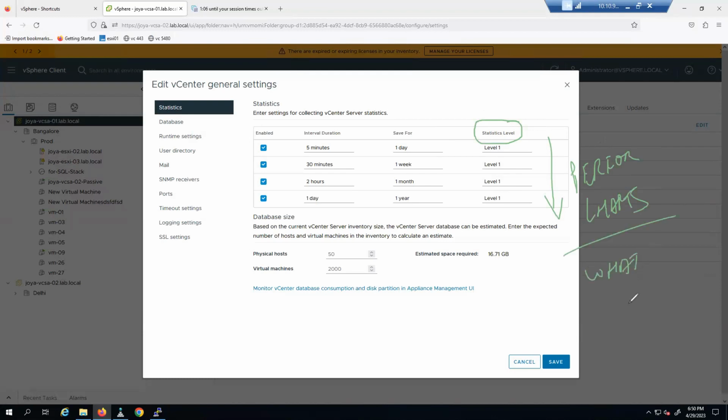They basically defined what has to be captured. This is depending on these numbers. So if you change the number from level 4, look at this estimate size. When you have it on 1, you are basically saying that, in my example, I've got 50 ESXis and 2000 virtual machines. If this is your environment, and you are going with level 1, this is the database size